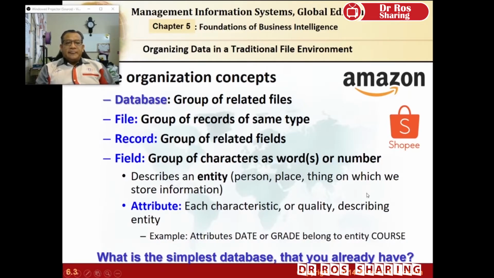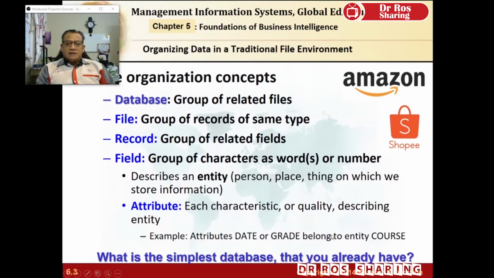So the database is a compilation of much data, sorted based on file name, record type, field name, and its entity and attribute. I would say database exists